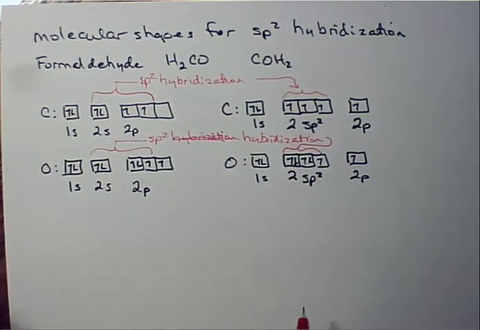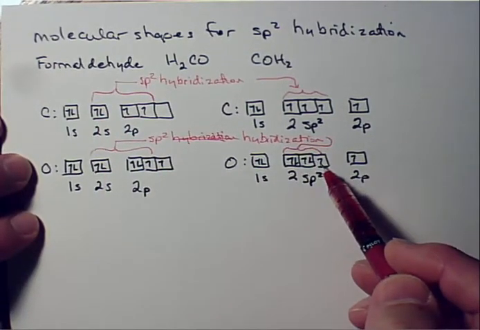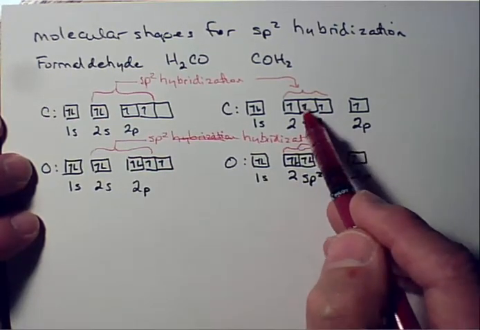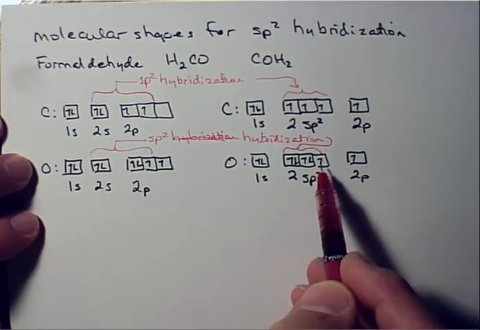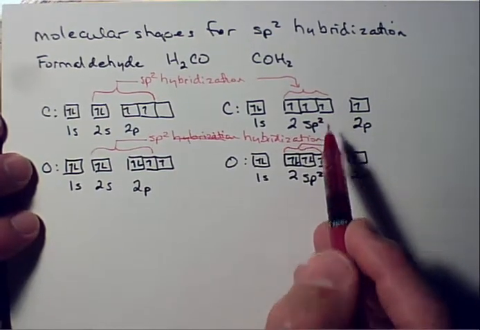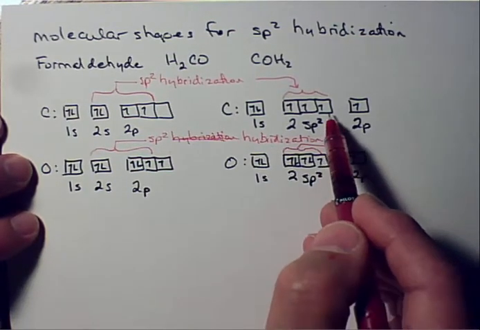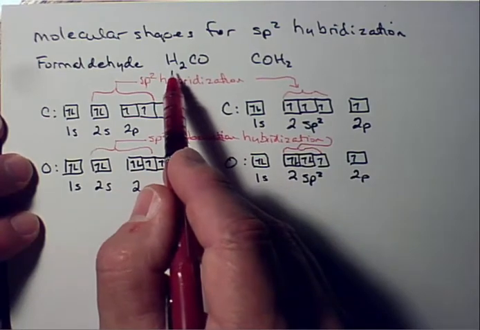All right. So what we've done is we've arranged now the carbon and the oxygen so that they can share one electron in a hybridized orbital. These are all hybridized orbitals. Oxygen has one hybridized orbital with which it can share an electron with carbon. And so we can create a sigma bond between this oxygen and the carbon. There's also 2 other hybridized orbitals available to do a sigma bond with the 2 hydrogens we need to make